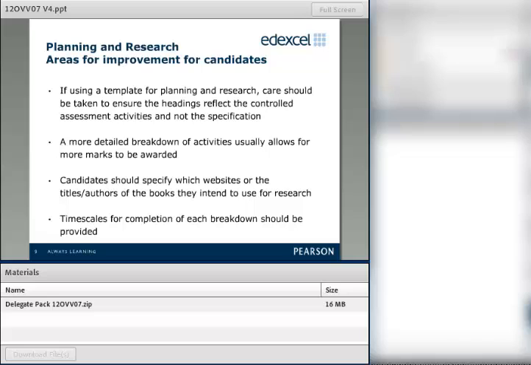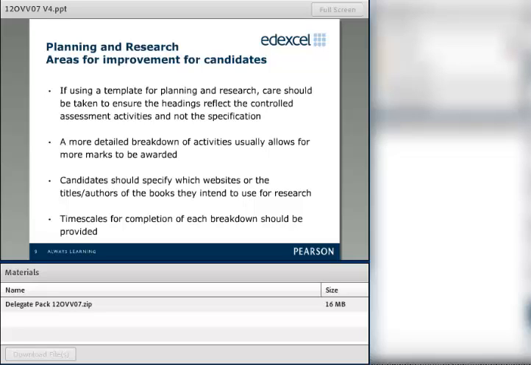The more they break down the detail of how they're going to achieve the activity, the more marks you'll be able to award. Some of this will make more sense when we start to look at individual candidate work, because you'll see some of the better ones and some of the pitfalls. You'll see some that are clearly a bit dumbstruck as to what they're trying to do, and they're quite repetitive. And you'll see all sorts of different ways of doing it. Hopefully by looking at a variety of those, you'll be able to see the best way for your candidates. Okay.